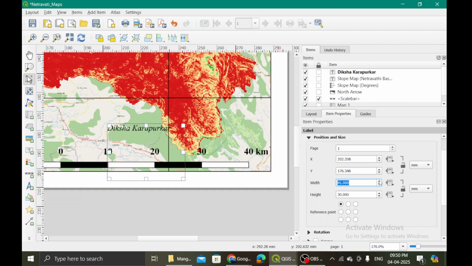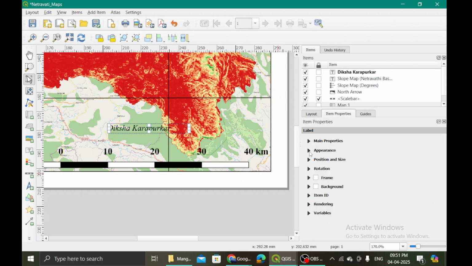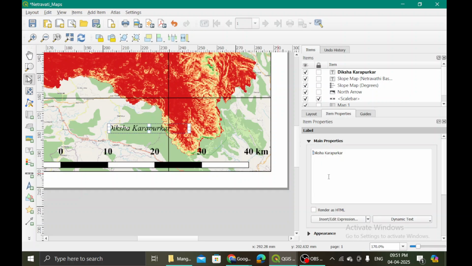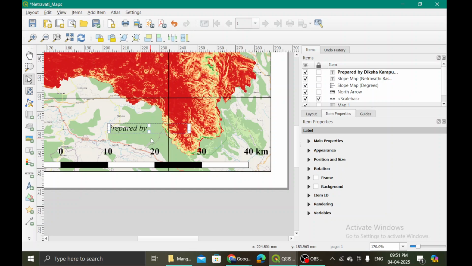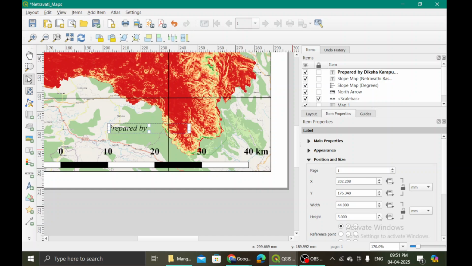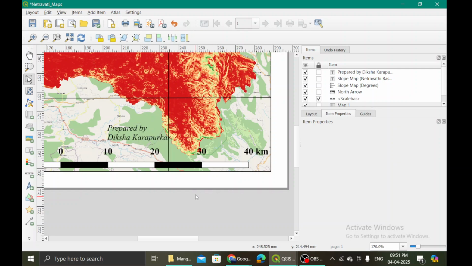to here, but then I want to add a little more, maybe author I want to add there, and then bring it down. Okay, then drop these, go to main properties, where you want to prepared by, right? Prepared by. And then if you don't want a colon, but you want to go for a next line, then you can do this. But your frame, this position and size, you will have to adjust again, because height I will have to increase, right? So that is how you do it.